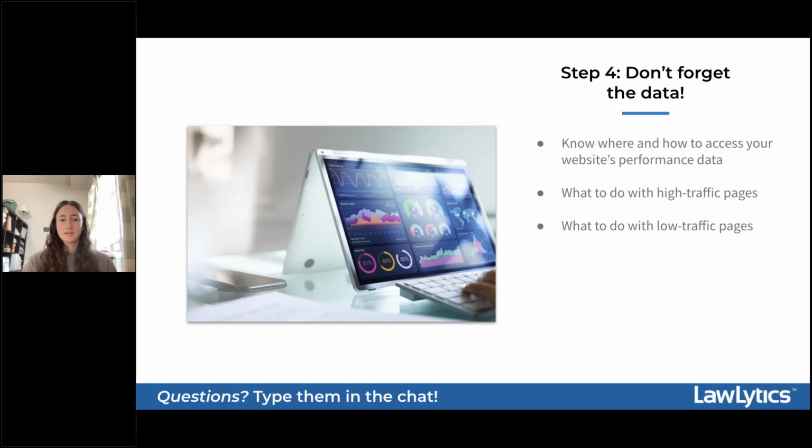No matter what it is, this is a great starting point to look at those high performing and low performing pages and visually see what might be resonating with your potential clients and your web visitors, because it's going to help you understand those potential clients a little bit better, and then you can make strategic decisions about your marketing and hopefully convert more of those visitors into leads.